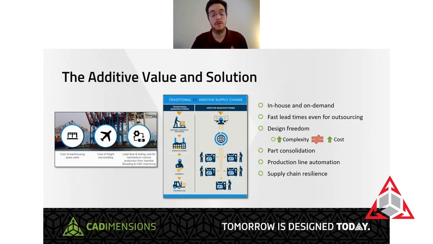Another good point is supply chain resilience. So you may have this tool that you're ordering, whether it's a mold or a fixture or a jig, whatever it may be, and there might only be one supplier that can make this, or a couple of suppliers that can make this. Or maybe this one supplier has been making this tool for so long and they do it well, and to try to find somewhere else that can do it is just not feasible. Or maybe you don't have the capabilities to make the tool in-house yourself, so you find someone else that does. Well, the cool thing about 3D printing is,